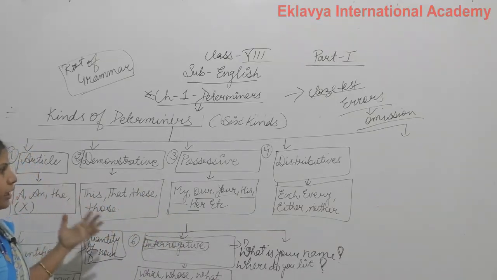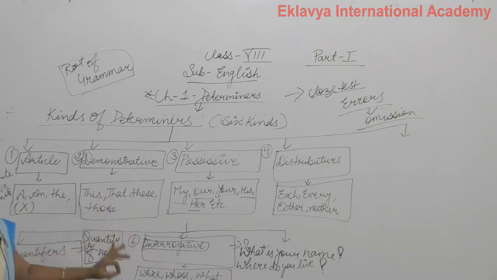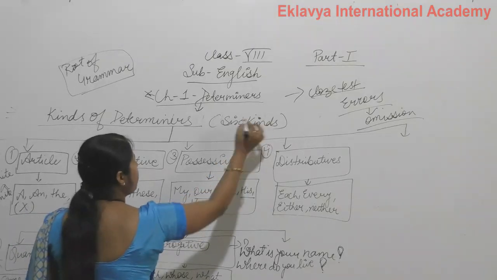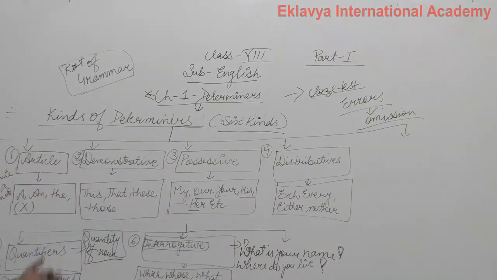I think everyone understands this structure of the determiners easily. So this is our basic introduction about the determiners. You all note this down in your fair notebook, and make this table, this chart, in the same way in your notebook. Is that clear? So this is all about the parts of determiners. In the next class we discuss the parts of the determiners one by one. Thank you. Today's class is over here and we meet in the next class with the kinds of determiners. Thank you.